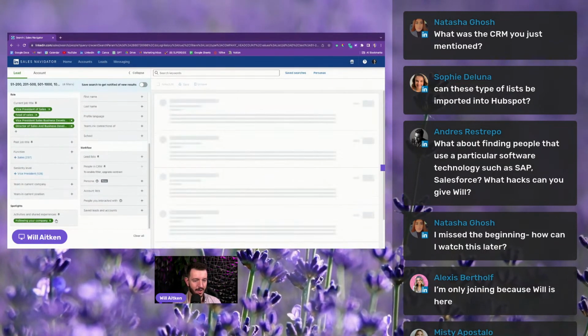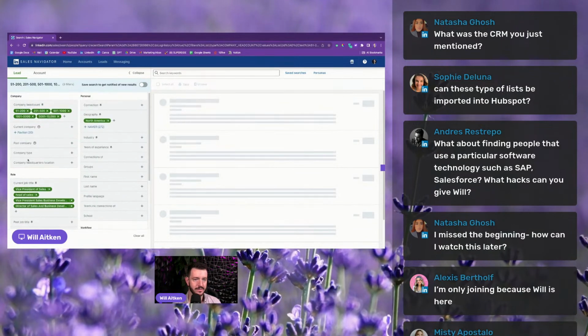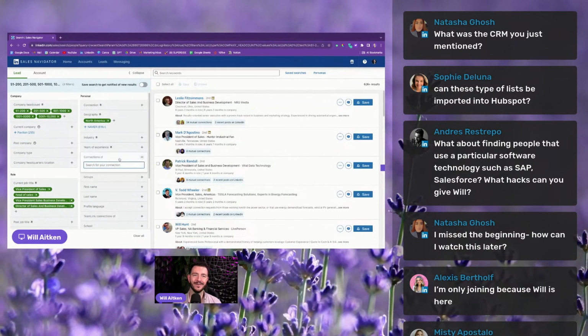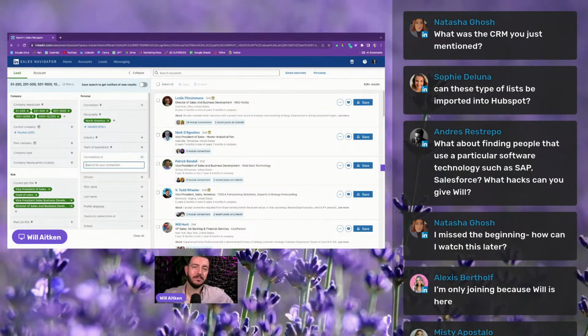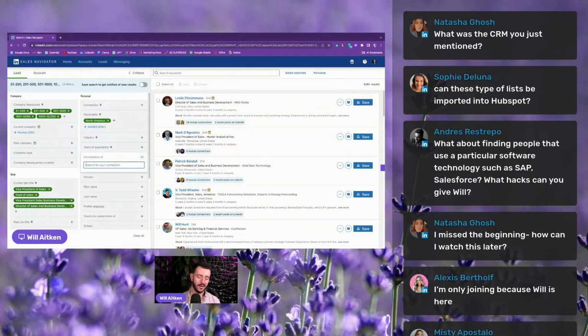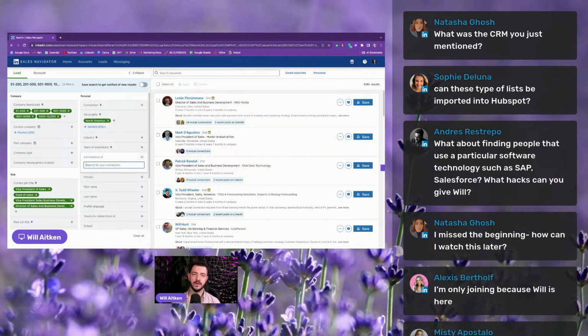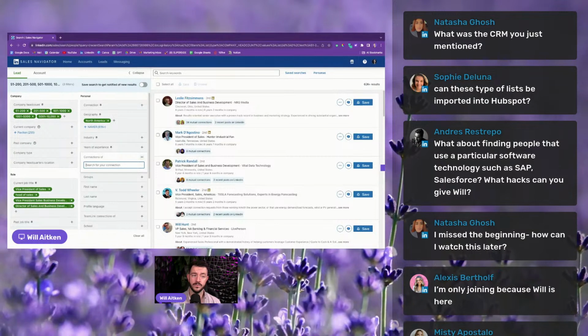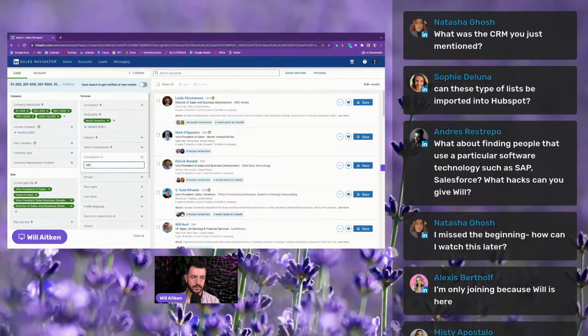I'm going to remove these spotlights. So now I'm looking for VPs of sales who are based in North America. I can do connections of. This is sneaky. People like this one when I talk about this. With the connections of filter, I can search for people who are connected with someone that I'm also connected with. So if I went for like Will Allred, for example,